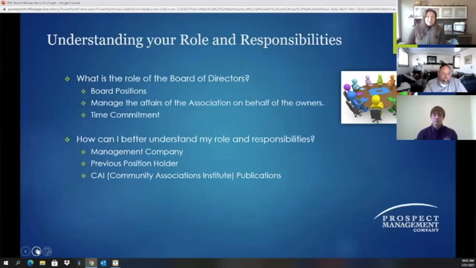Your governing documents are also going to, a lot of the time, outline generally what the expectations are of the different positions. And then the previous position holder, somebody who may have already served on the board, is going to be a great resource for you as well. Again, each community is different and operates differently. You know what works best, especially with your personality and the makeup of the board.